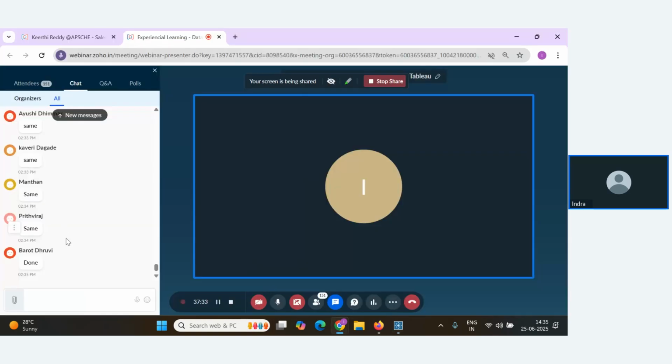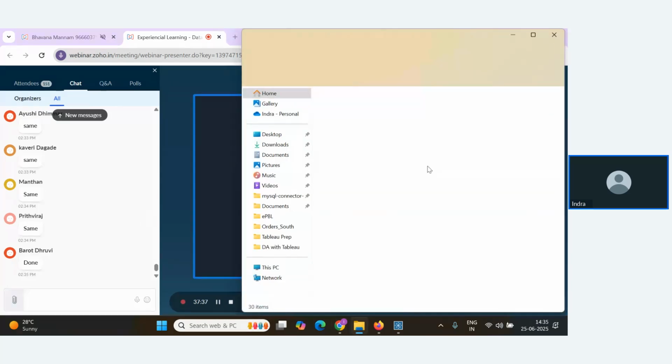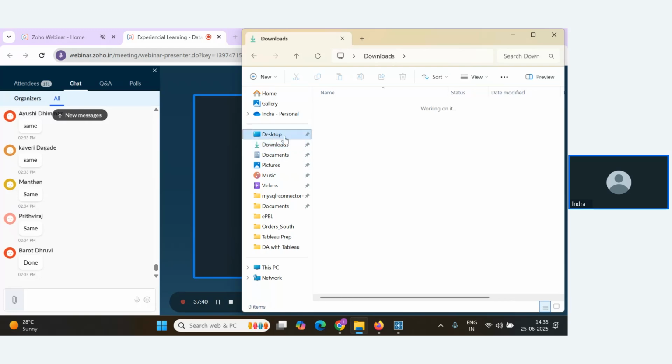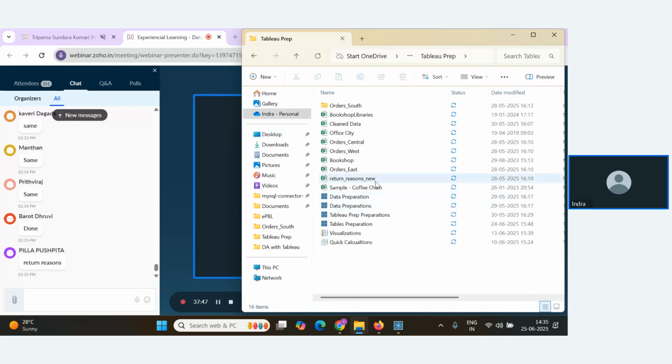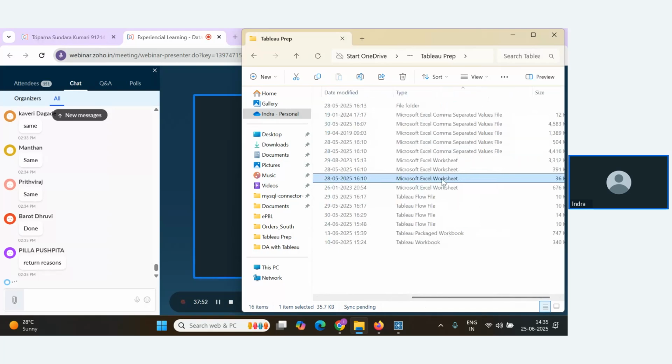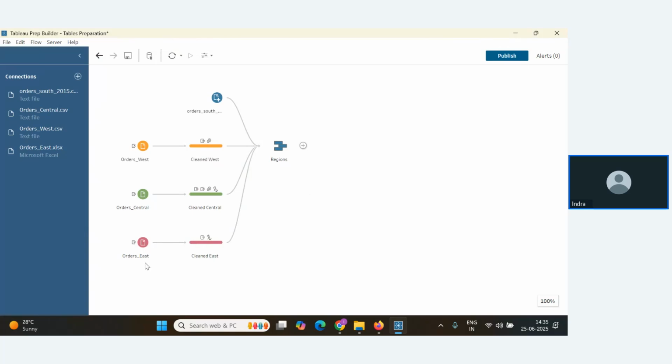If you remember, guys, we have one more data set, right? What is the name of the data set? That is return reason. Let me go to the data set. What is the format of this data set? This is an Excel format. Now we will be importing the return reason table inside this window.